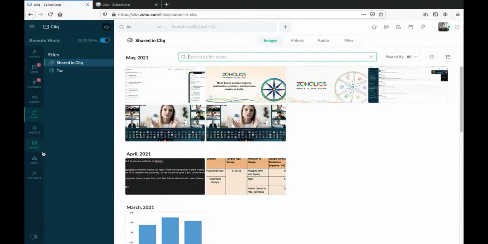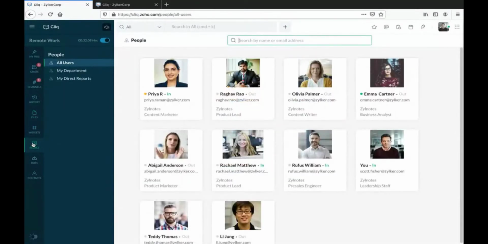So, next we have the People tab. Here you will be able to see your colleagues, your teammates, and employees in your organization. If you have enabled the Zoho People integration in Click, the People section provides information about all the users in your organization. This section especially comes in handy when there is a new joiner, especially if they are joining remotely. It could be very difficult for that person to identify whom to reach out to get their work done. From this very view, you can also search for a person by entering their name or their email ID in the search bar at the top of the People tab.